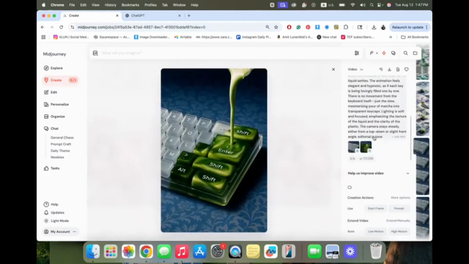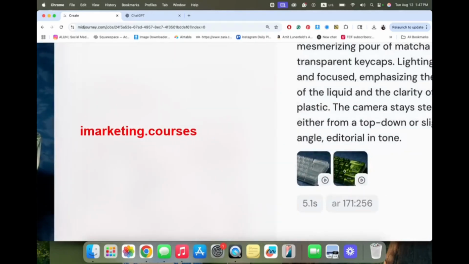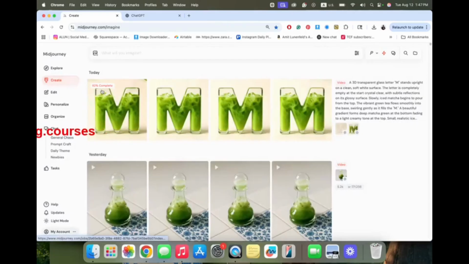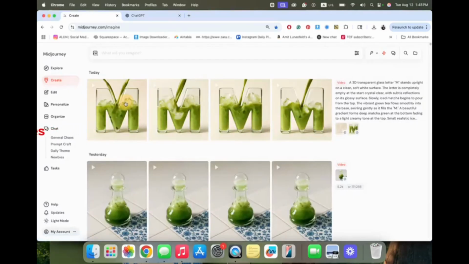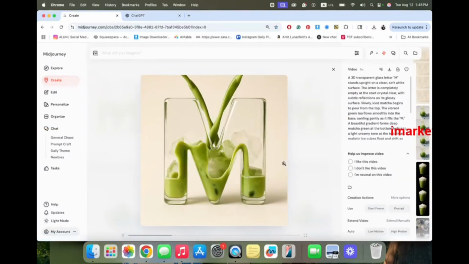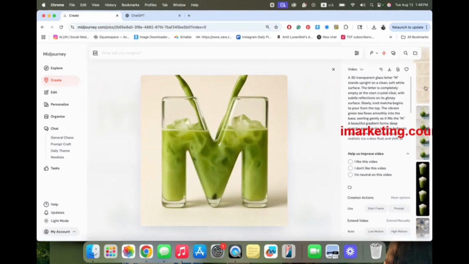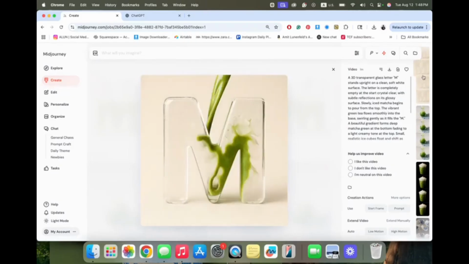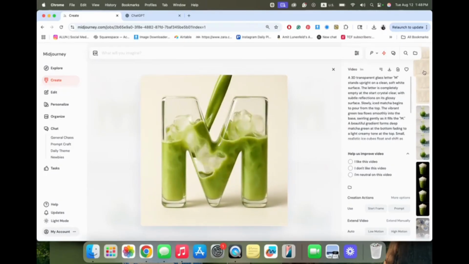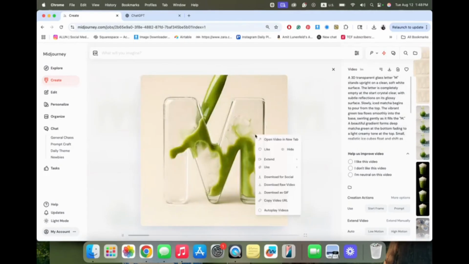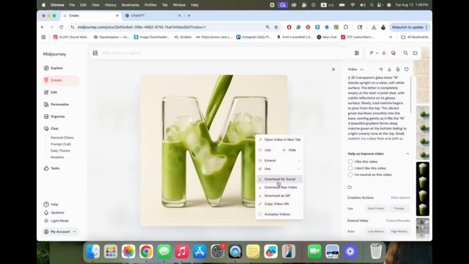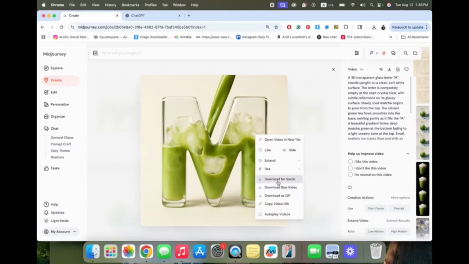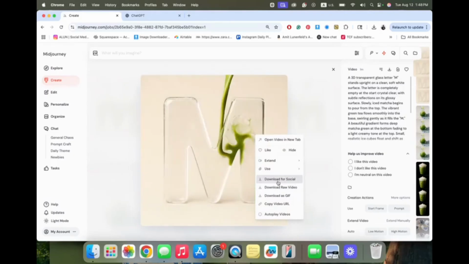This started with an empty keyboard and a full keyboard. Let's go see the result we got. 92%. Here is the result. This is an example that is not so good with these two. Yeah, this one I like very much. It looks really well. You can pick any of the things you liked and click download for social, and it's ready to post. Of course, you can change the ratio, you can change anything you want.